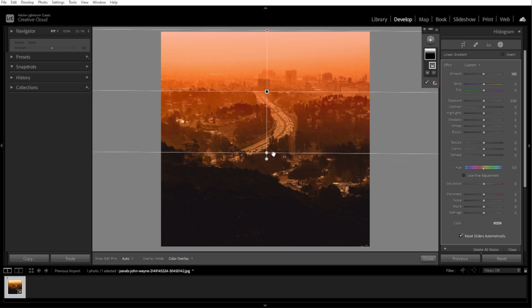Now we're going to adjust the filter settings. Once the filter is placed, you can adjust the settings in the right panel. You can adjust the exposure to brighten or darken the selected area, or use the contrast to increase or decrease the contrast, or adjust the shadows and highlights to recover details in bright or dark areas,